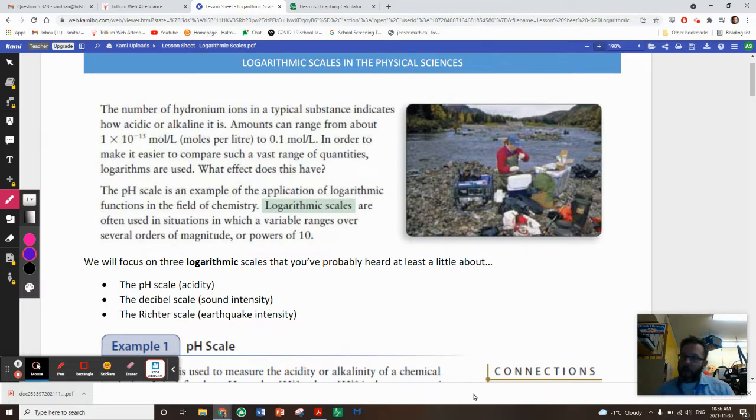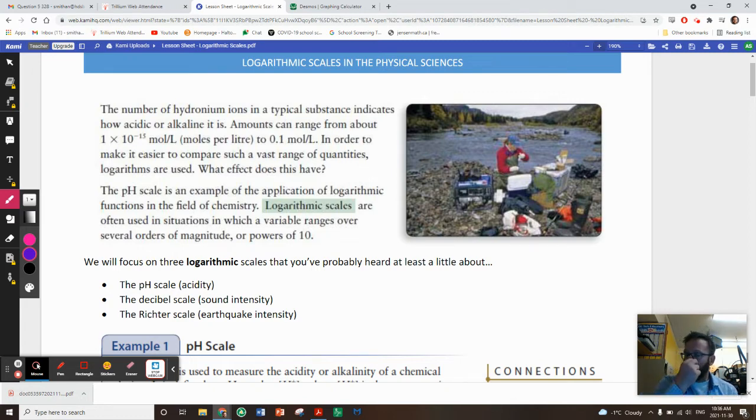Now, some of you have already taken some chemistry, so you probably have some experience working with logarithmic scales. But even if you haven't taken chemistry, log scales show up in everyday life, and you've probably heard of the Richter scale for earthquakes, possibly the decibel scale for sound intensity. But as a motivation problem, one logarithmic scale we're going to look at is the pH scale,